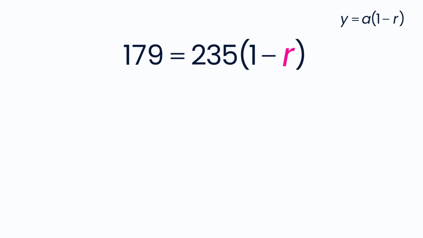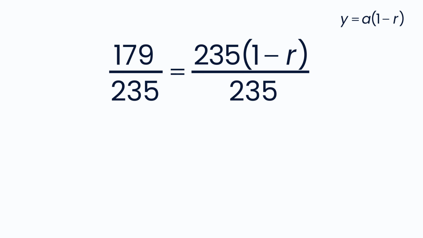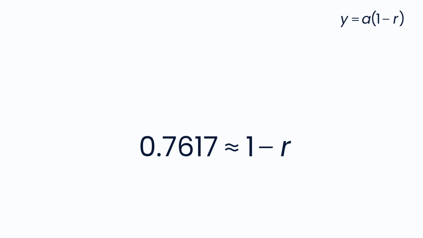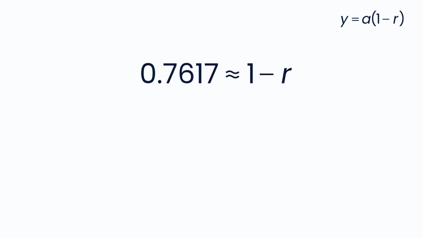To find the decay rate, r, between these 2 years, you'll need to isolate r, meaning getting r alone on one side of the equal sign. So, you first divide both sides of the equal sign by 235. On the right-hand side, you just cancel out the 235s, and on the left-hand side, you get 179 divided by 235. 179 divided by 235 is approximately 0.7617. That means that the decay factor, 1 minus r, is approximately equal to